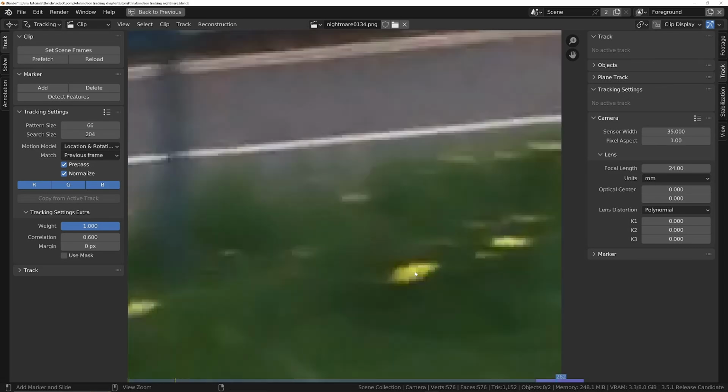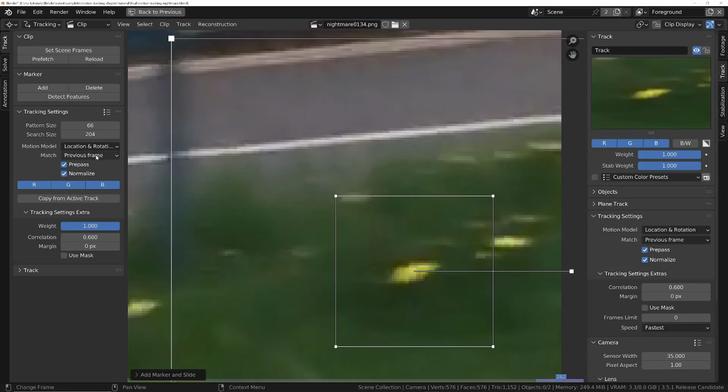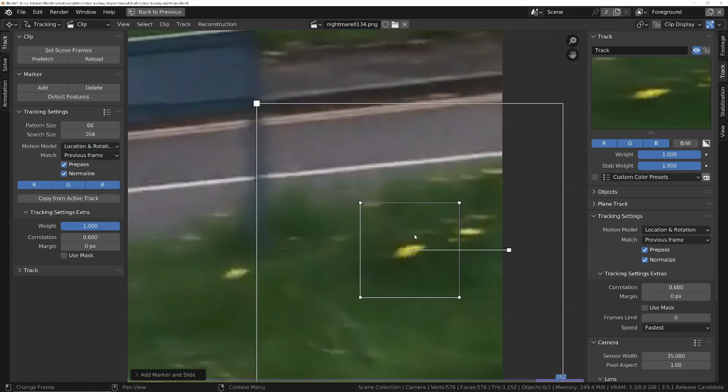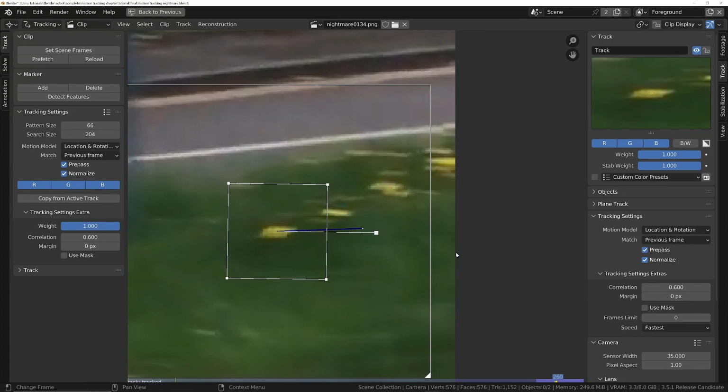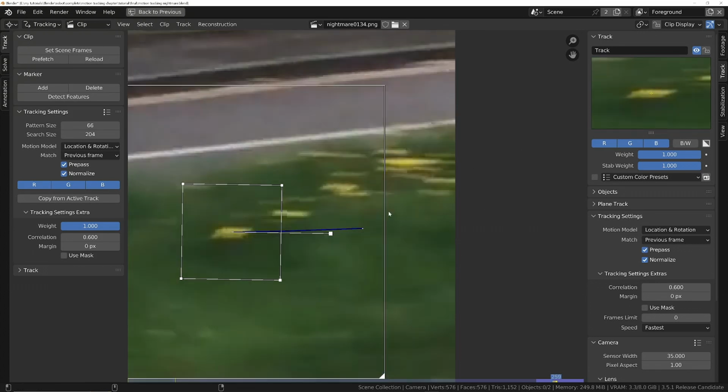So if I click on this, put a marker there, it's currently set to location and rotation. So this pattern area is only going to be detectable if it moves and rotates, not if it stretches. Now what's going to happen is, if you look over here, as I try and track this backwards, so I'll do Alt left arrow to go one frame at a time, the actual pattern is stretching over here, and that's going to make it more difficult